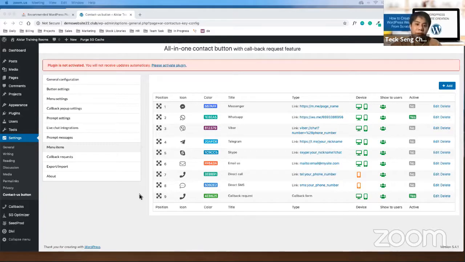Okay, if no question, I want to quickly share with you more about doing planning for your website. So planning wise, there are actually four steps to planning. These are four steps that you can consider when you want to do planning on your new website project. The first thing that you want to consider is your number 1 keywords research.